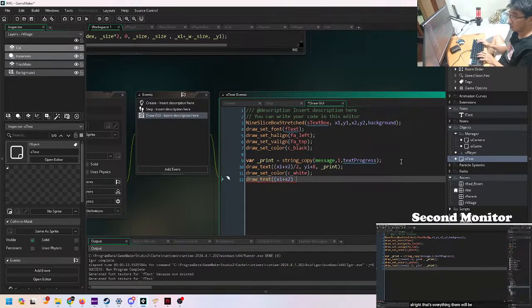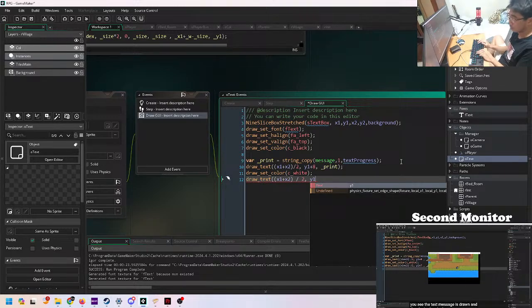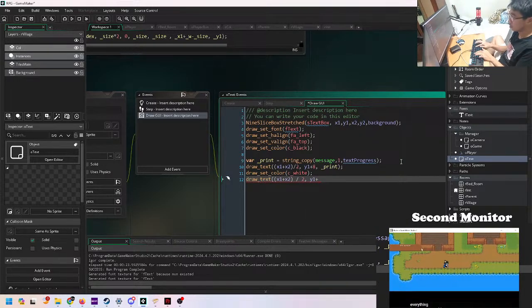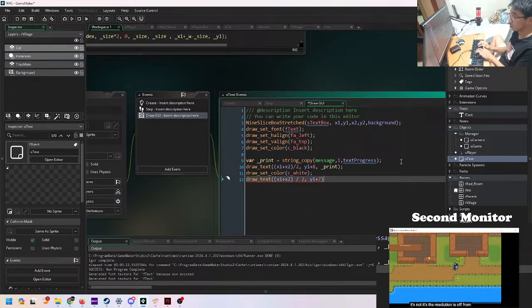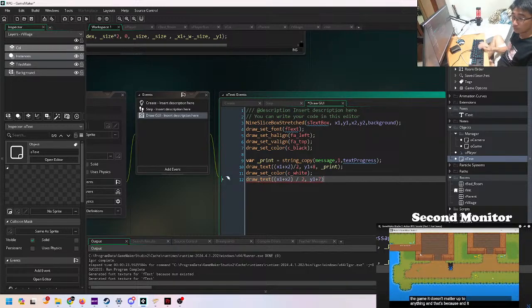Alright, that's everything. There will be a slight problem with this, but I'm going to run it just to demonstrate. Okay, now you see the text message drawn in this tiny box in the drawing. The animation works and everything, but you can see it's completely off. The resolution is off from the game, doesn't match up to anything, and that's because it will look similar, but